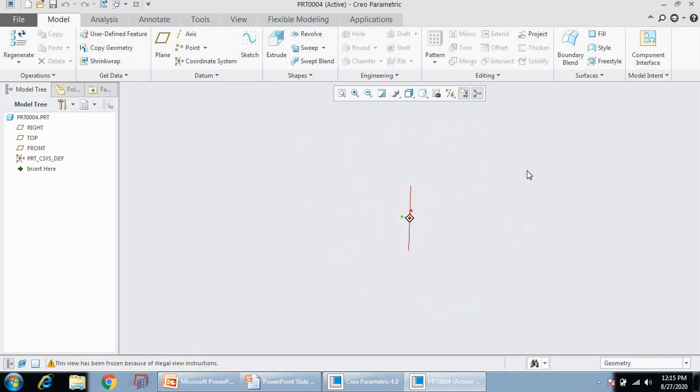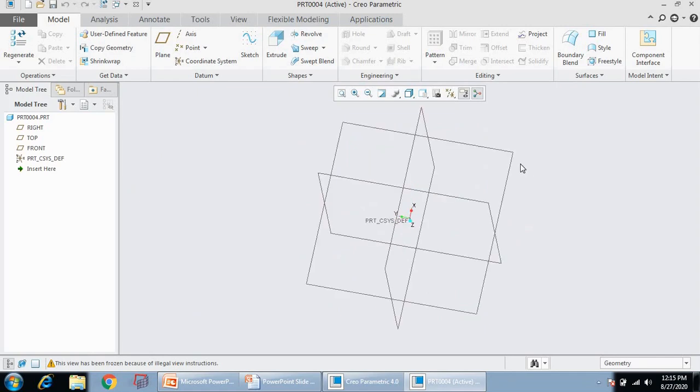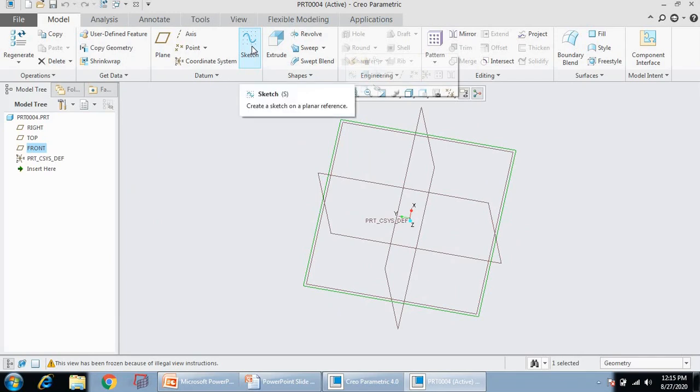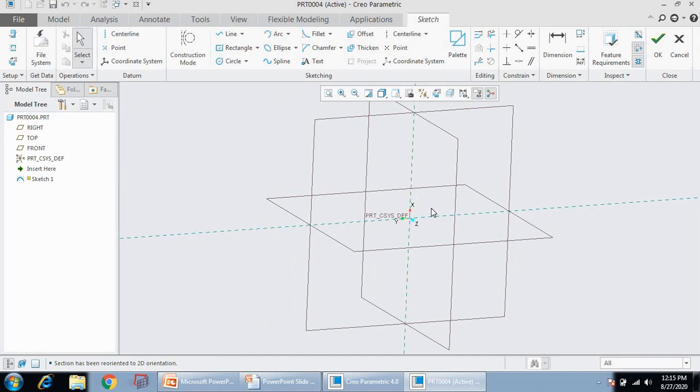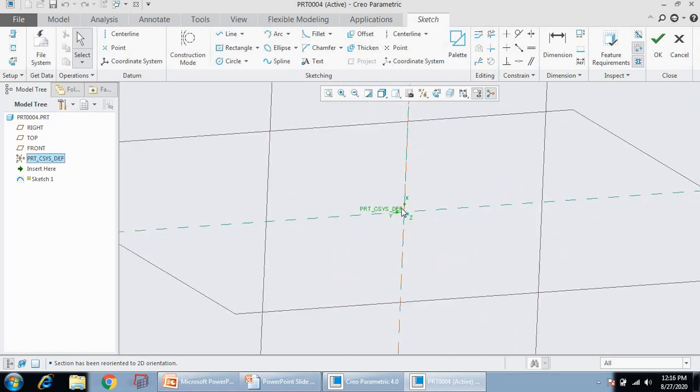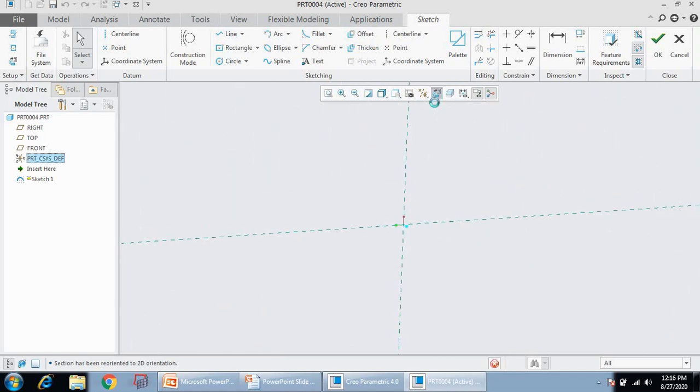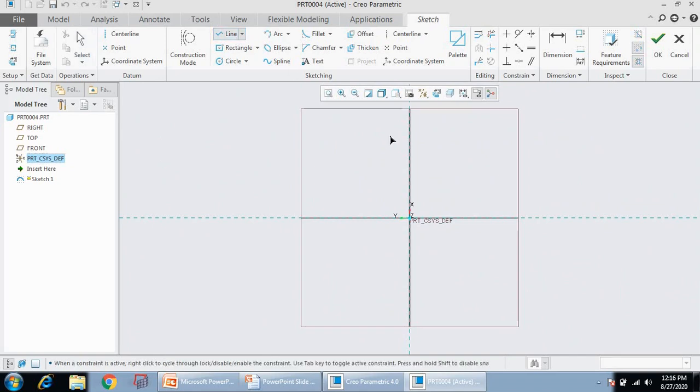Okay, so this is Creo Parametric 4.0 software. Here we will discuss what is 1D, 2D and 3D. First, a part having one dimension. Here you can see there are three axes, that is the Cartesian coordinate system, which is highlighted here, X, Y, Z. So let us draw one line.